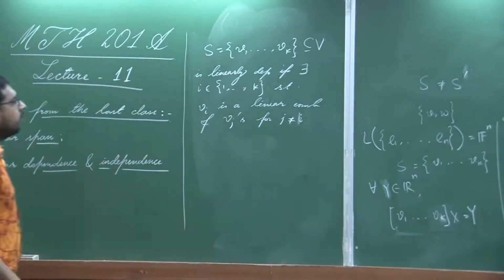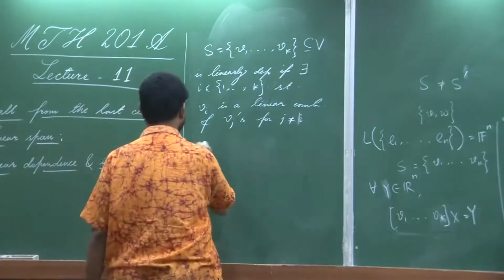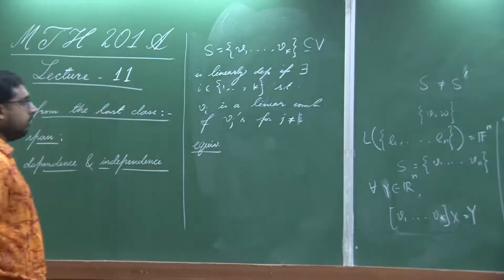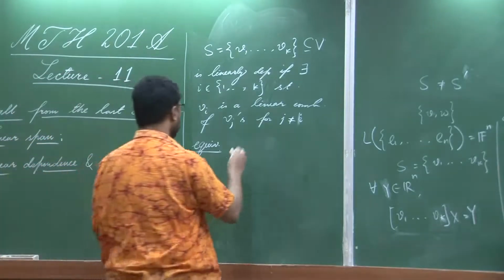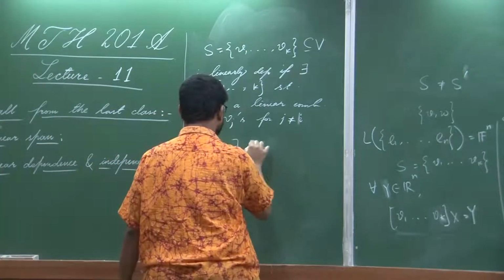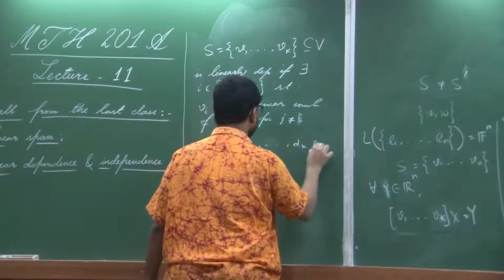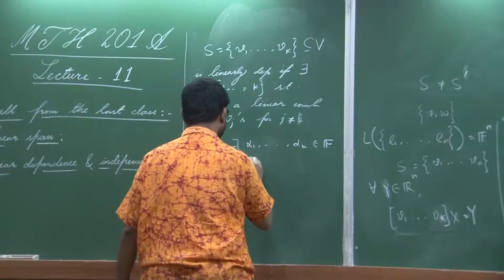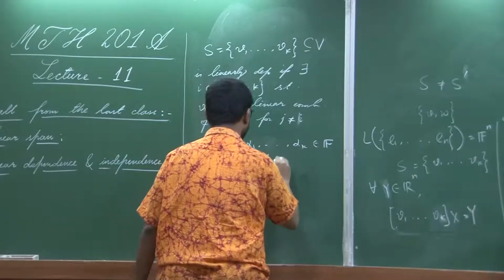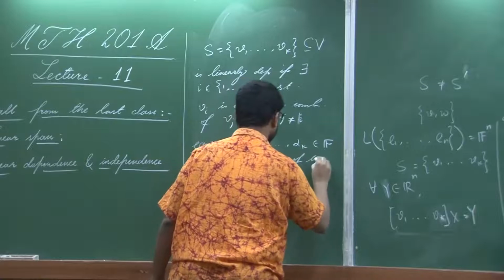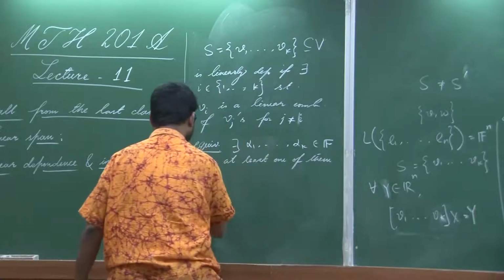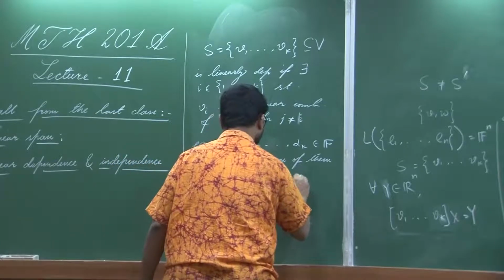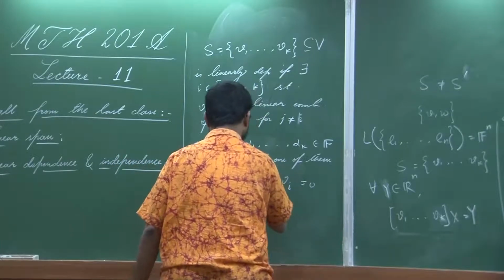Or equivalently, there exist scalars alpha 1 up to alpha k such that at least one of them is non-zero, but